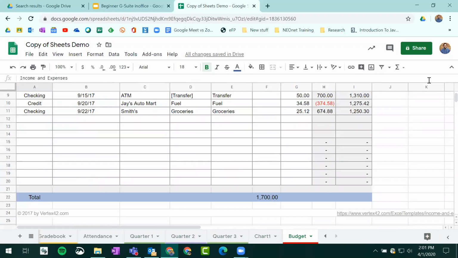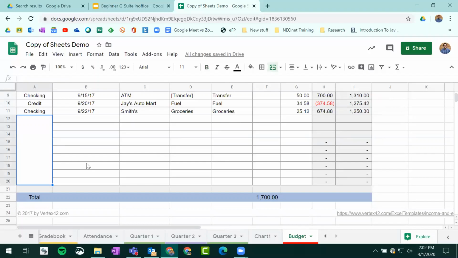But merging and wrapping cells, those are two different things. To merge cells means you're squishing multiple cells together. Normally you have each one of these boxes or cells that you can put information in. It's mostly for formatting reasons. If you need to combine cells, you just highlight the ones that you want to combine. So maybe we need to combine all of these cells here into one. We highlight the ones that we want, and we find the merge button, and it merges them all into one